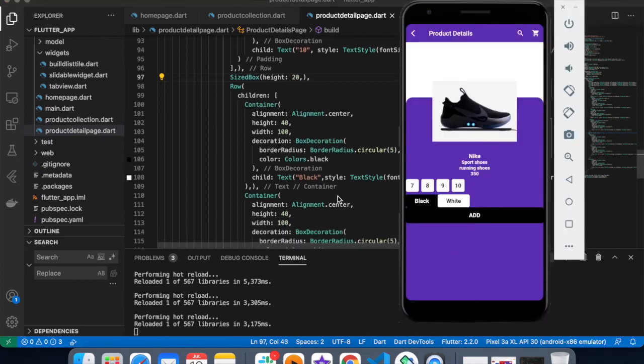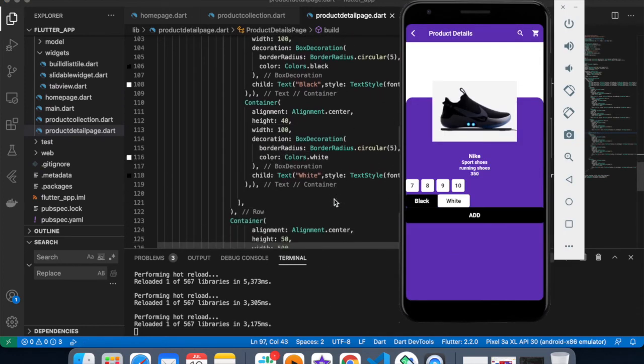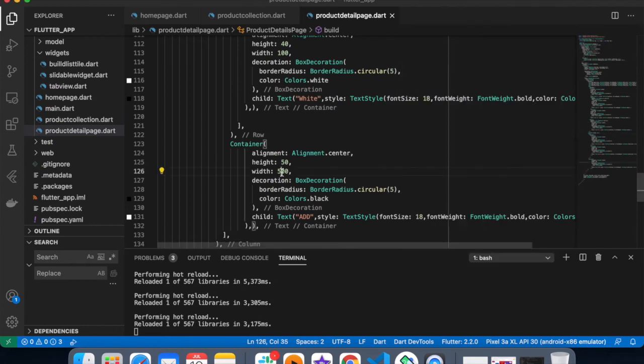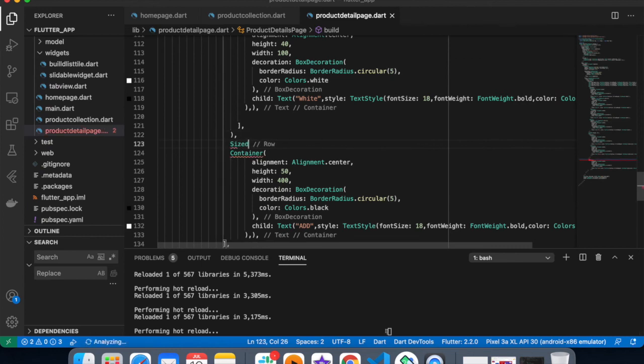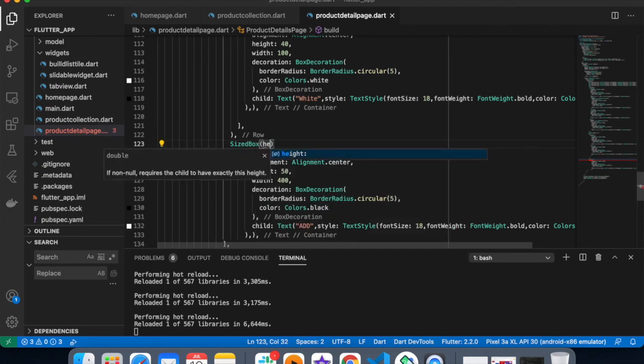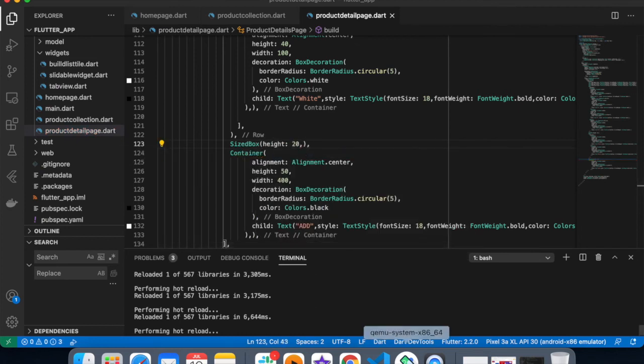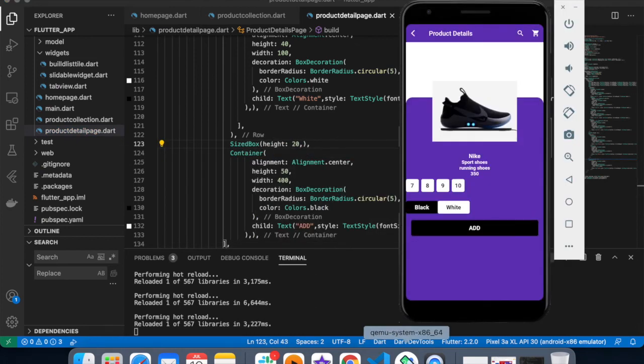I want this add button to be a little bit narrower. The width is too long. I'm also going to give the size box. Nice.